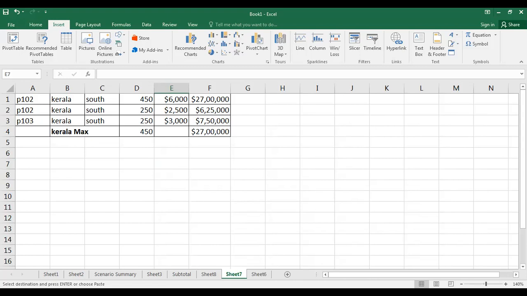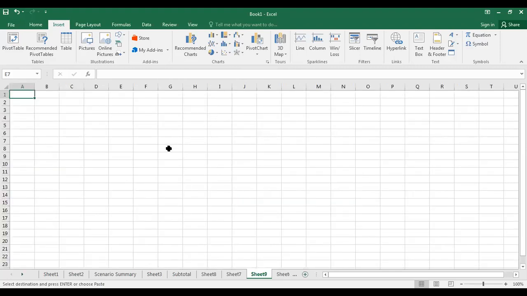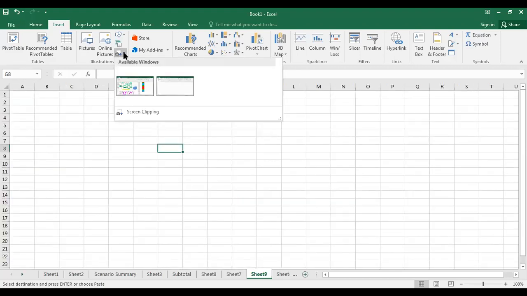I want to get today's stock market value and bring it as a picture into my worksheet. So what I can do when I'm working in a sheet is use the option called Screenshot.